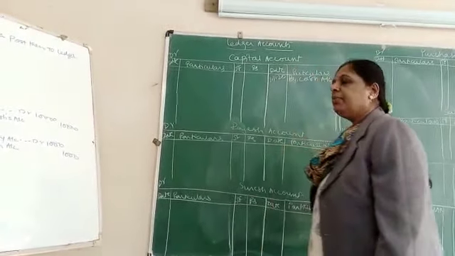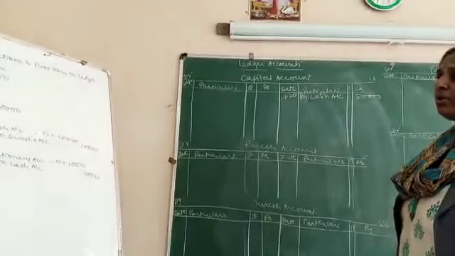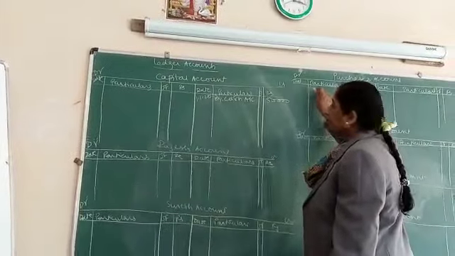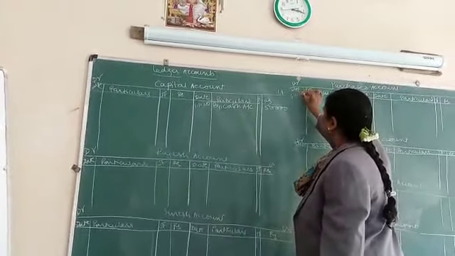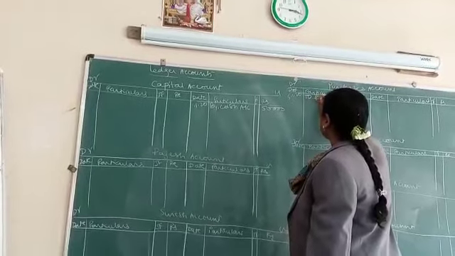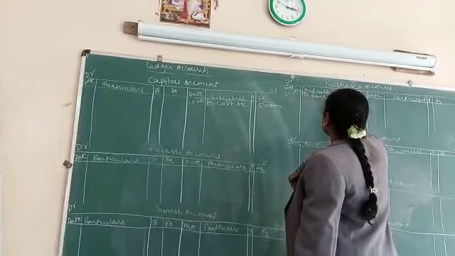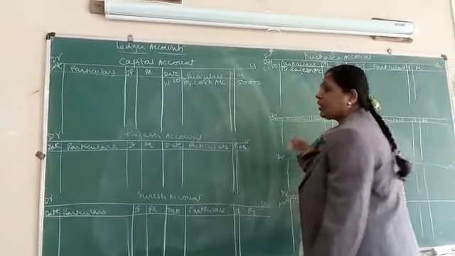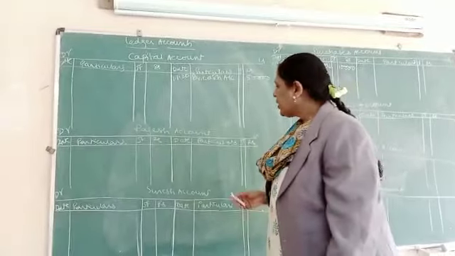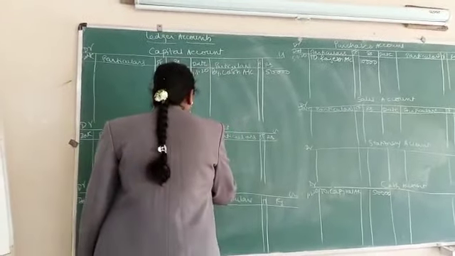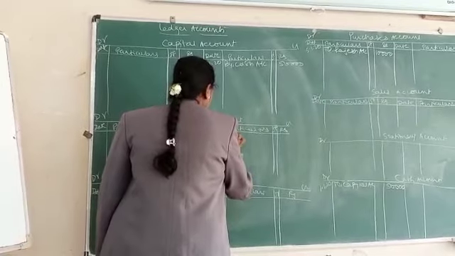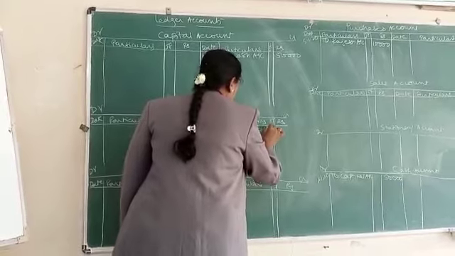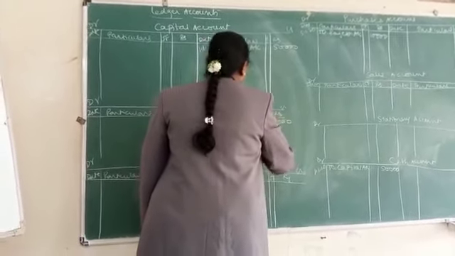Come to the next. Purchases account debtor to Rajesh account. Purchases account is debited. Come to the debit side of the purchases account. Write the date 5/1. Write it as to Rajesh account. And the amount is 10,000. Come to the Rajesh account, it is credited. Come to the credit side. Write the date 5/1. Write it as by purchases account. Write the amount 10,000.